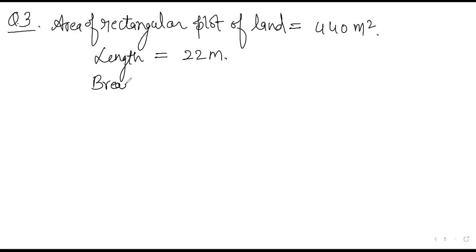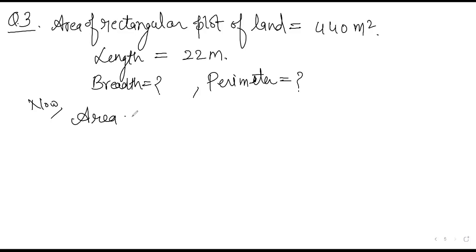हमें क्या निकालना है? ब्रेड्थ भी निकालना है और एरिया भी निकालना है. दोनों चीज हमें फाइंड करनी है. Firstly we will use, not area, I think we need to find the perimeter. Yes, we have to find the perimeter also, not area. So let us use the concept of the area of a rectangular piece of land first, then we will proceed with this question. How we will proceed is important. Whatever information is given, we will use it.